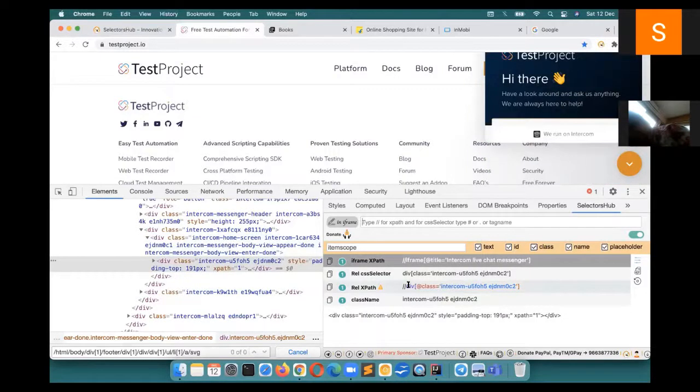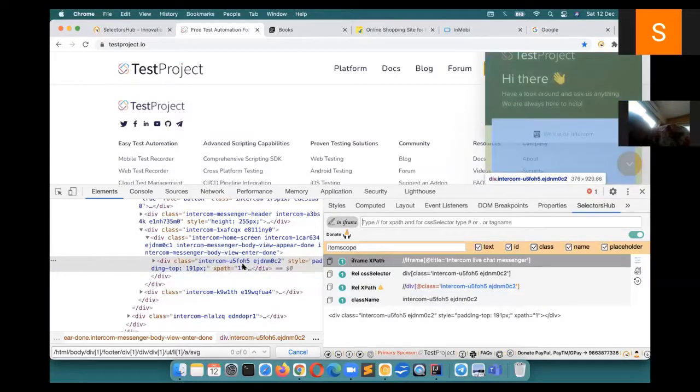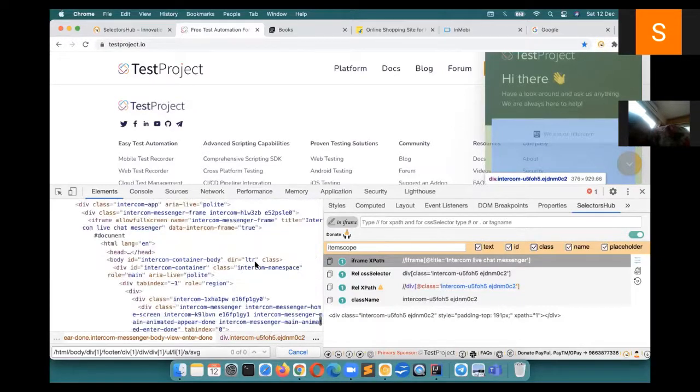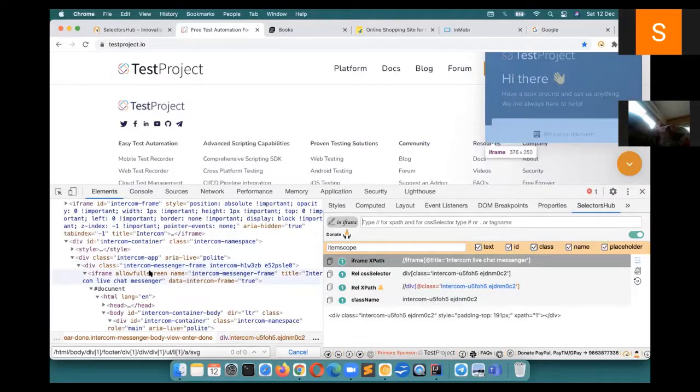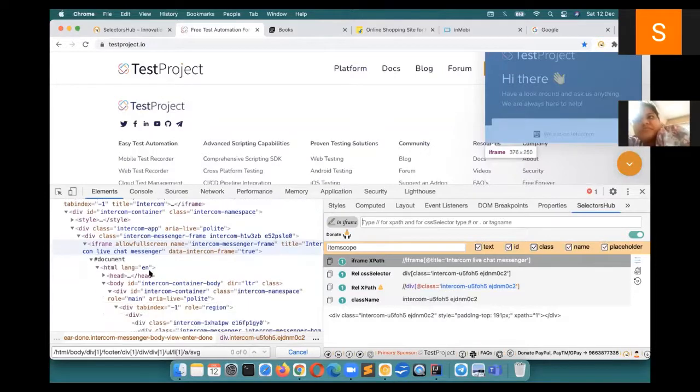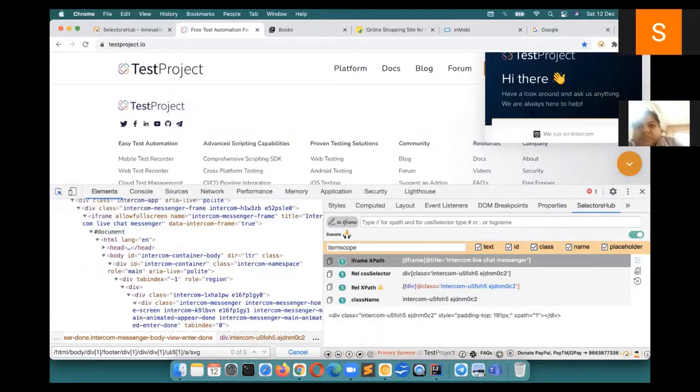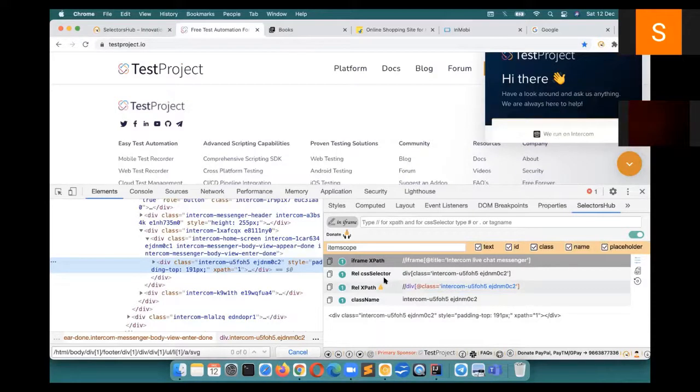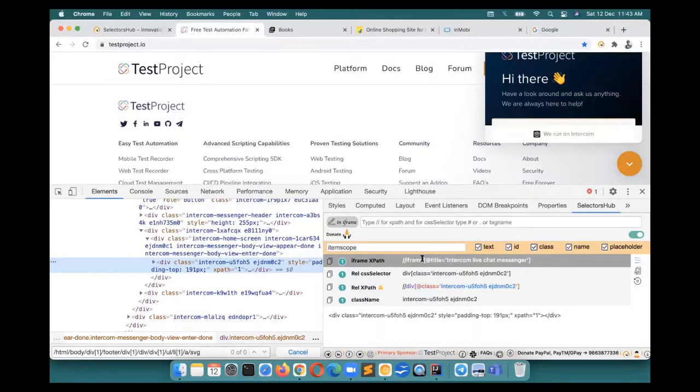So how much time it has saved for you? If you would have done it manually, first you would write XPath for this, execute the script, then the script fails, then you think why it is failing, then you scroll up and find it is inside an iframe, then you write XPath for the iframe. In the whole process, at least 20 to 30 minutes you will waste. But now, just by a single click, you got everything here: XPath for the element, XPath for the iframe. You can finish in hardly 30 seconds in place of 30 minutes. That is the power Selector Sub gives you to save time.